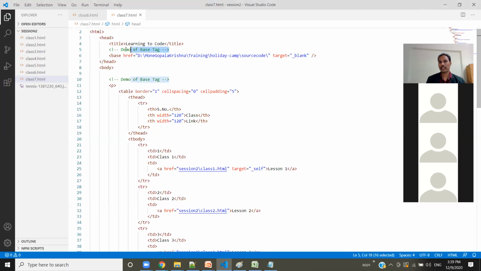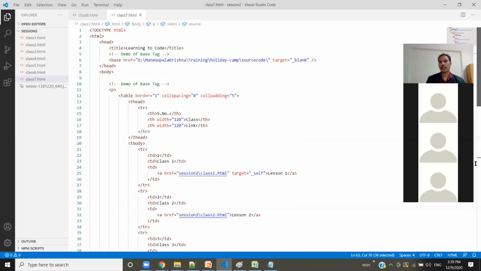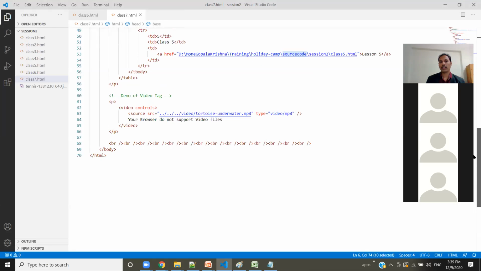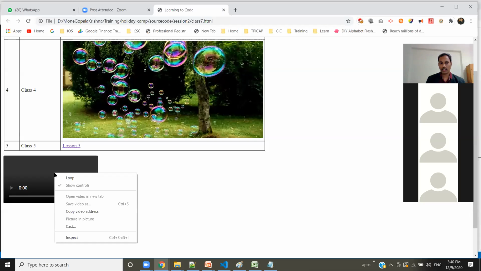We learned about the base tag, right? So the base tag is making this path wrong. If you see here, we are in the source code folder, right? So from the source code folder, it is applying 3 levels up, 1, 2, 3 levels up, and then video. So how we can identify this is, let's go to the browser again, right click here,